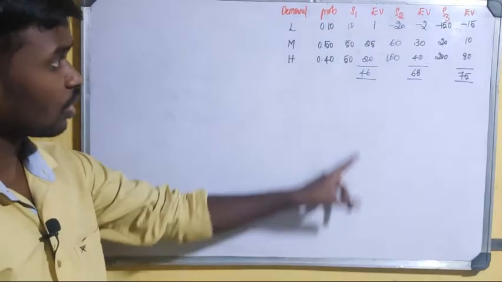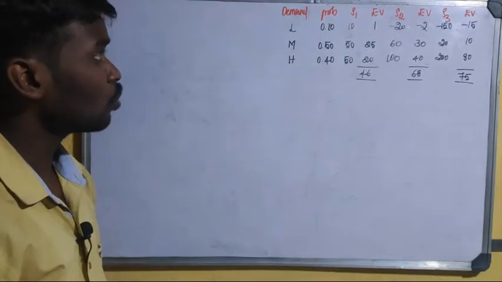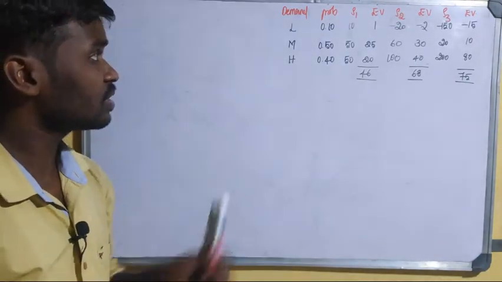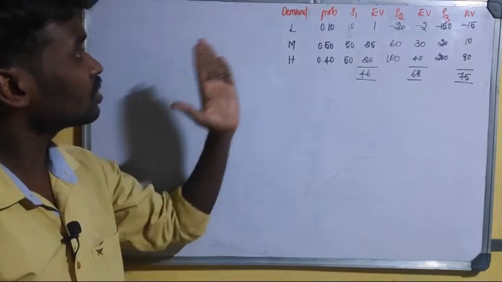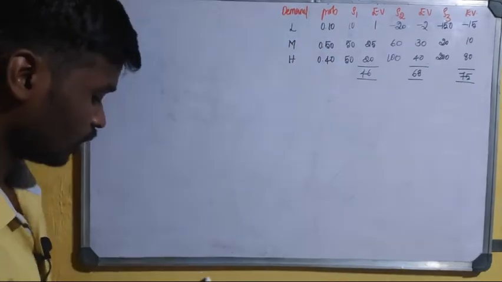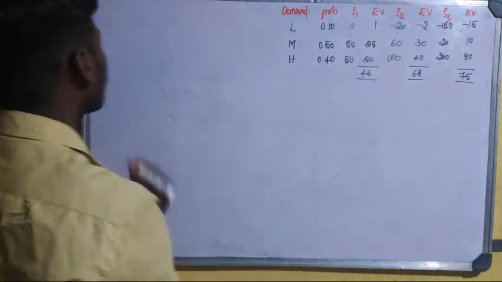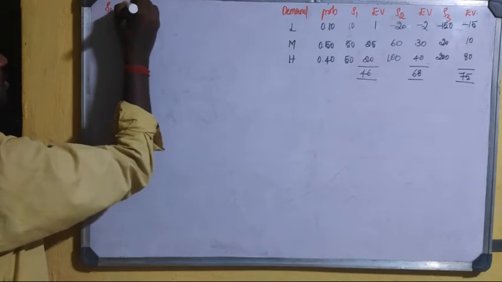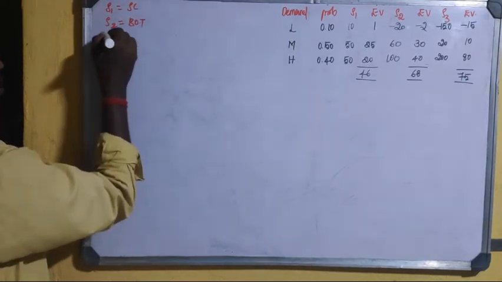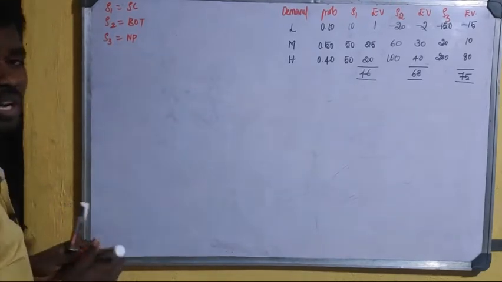The table I already wrote and calculated here, I have written the same for reference. Now we have to represent each and every item in the decision tree. Let's see how to show the items or transactions or values in the decision tree. In this case we have the three alternatives, S1, S2 and S3. S1 is subcontracting, S2 is overtime, and S3 is the construction of a new policy.